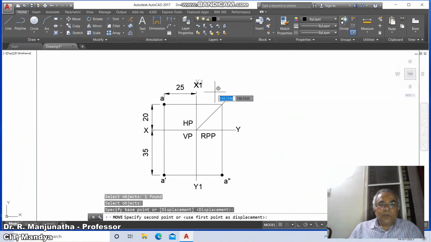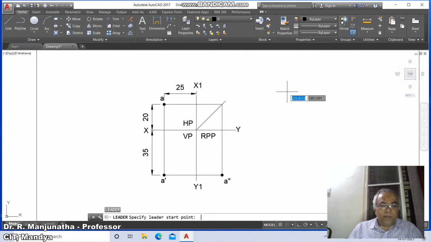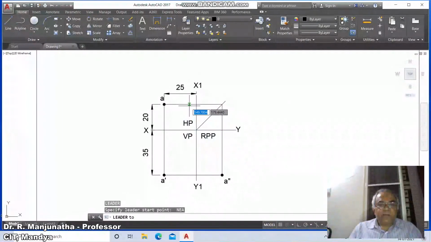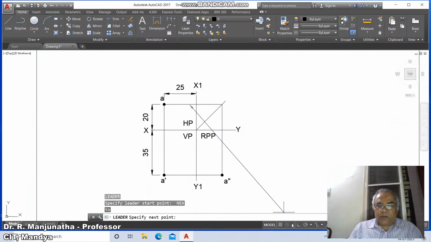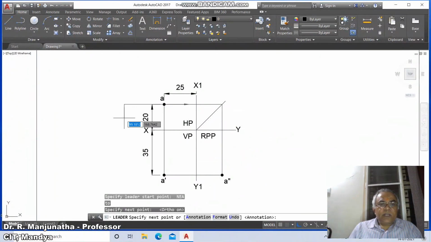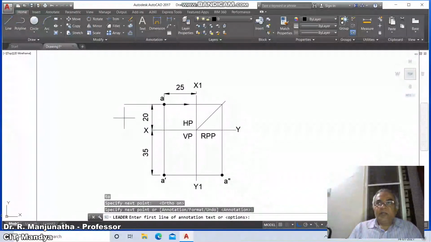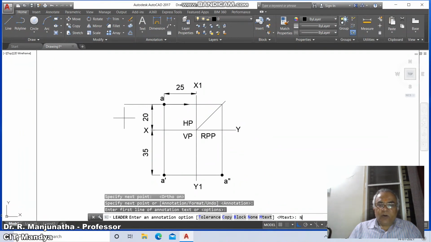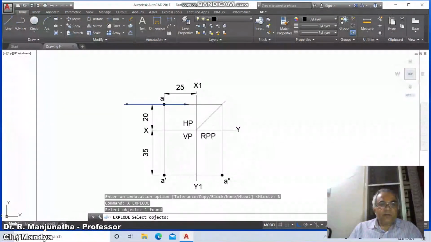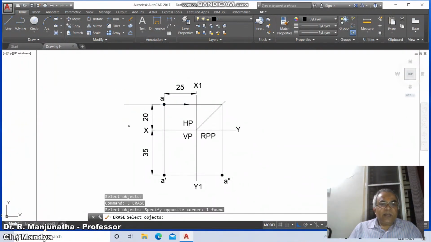Then go to leader, take the nearest point, so put the ortho on, select this annotation, by default annotation, enter, by default option, enter, and go to select none option, and then you explode this arrowhead and remove this line.